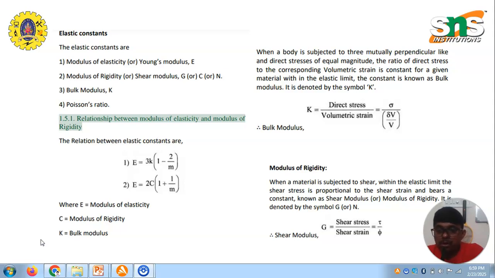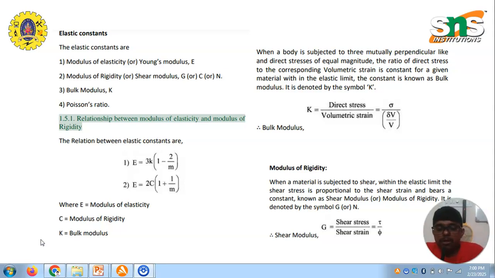We used to call that Young's modulus, and the second one we know is the modulus of rigidity. We used to call it the shear modulus. The third one is the bulk modulus, and the fourth one is the Poisson's ratio. So we need to know the relation between the elastic constants. For example, the relation between Young's modulus and the bulk modulus is